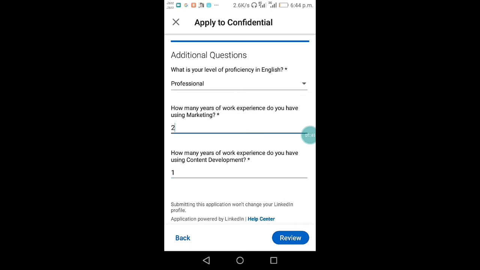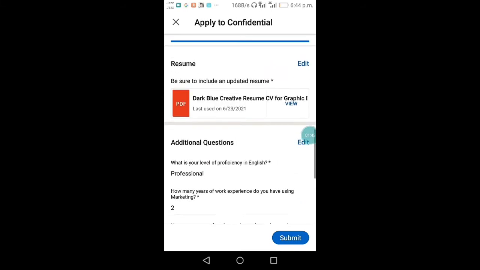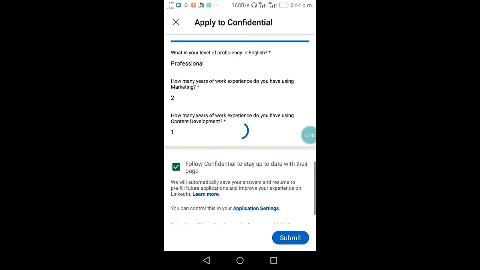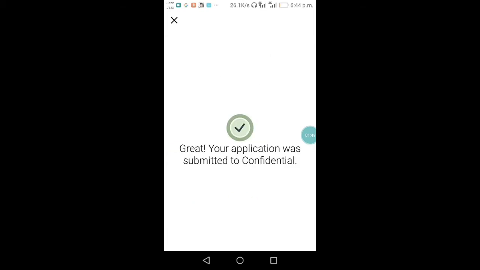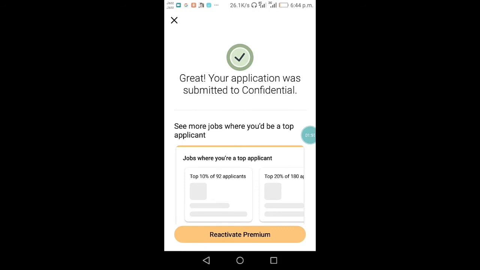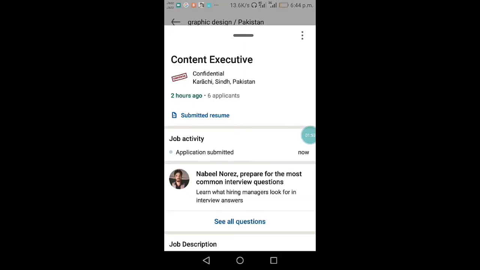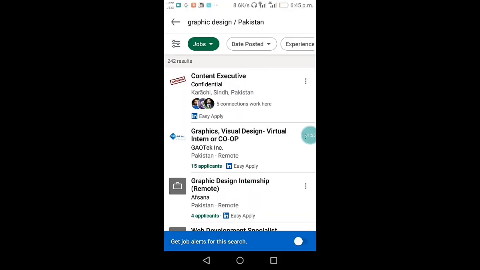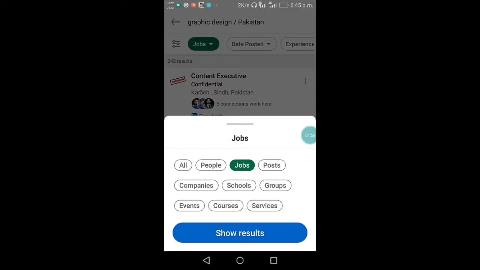First you need your own CV, then you can easily apply on the LinkedIn app. Look at this, we have multiple options: jobs, posts, companies, schools, groups, events.